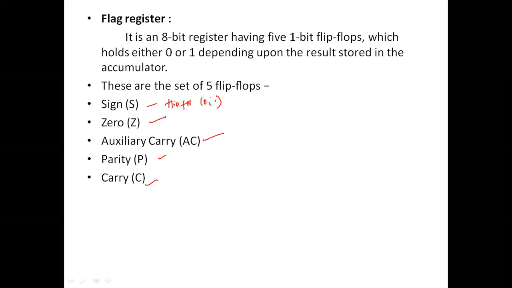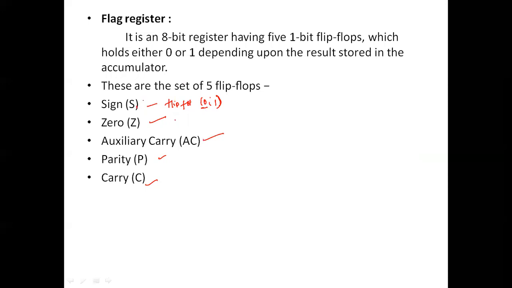So depending on the result stored in the accumulator, if it is a 0, like it is not at all working. If it is a 1, then it is going to be affected, then it is going to be done. So that is the purpose of these flag registers. Flag registers were mainly used because in order to check the output, or in order to check what is the thing that is going to be done, we need to have the sign flag.